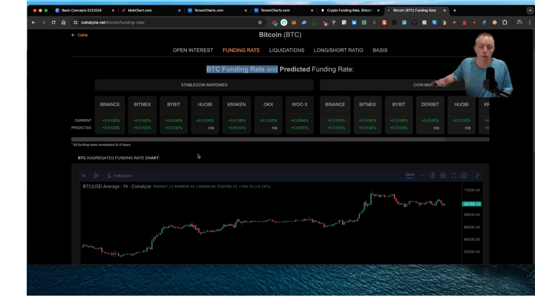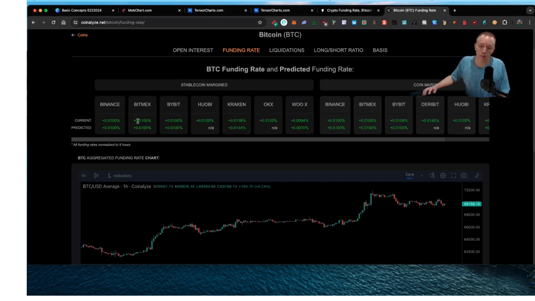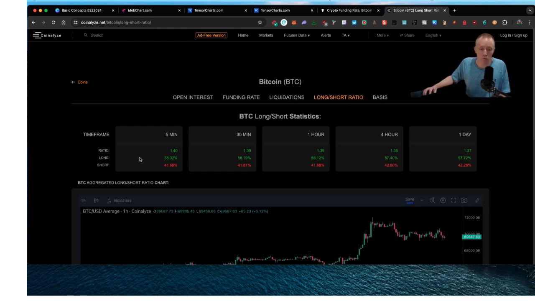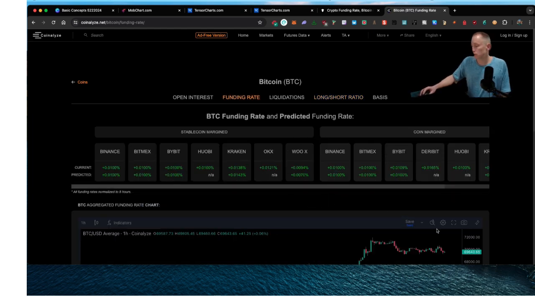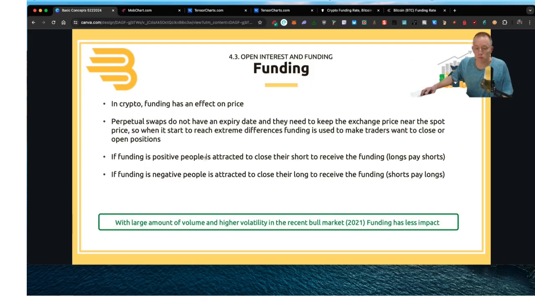So for example, in what we're looking at here, I was talking about generally getting an idea of the position in the market, or what people are thinking. When you're looking at funding rate, you also see another metric sometimes on some of these sites where they talk about net long or net short. Kind of similar. If the funding rate is positive, this one is barely, probably just starting to flip, but if it was all positive, you get the idea that the majority are long. You can get the same idea when you look over here at the long-short ratio. You see how the majority are long in this example, over 50%, thus giving you the positive funding rate. So nothing super difficult or complicated about that.